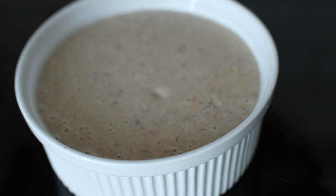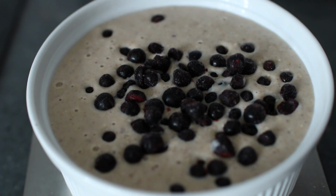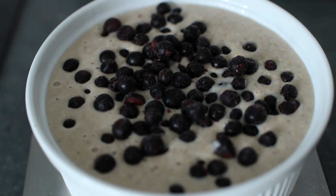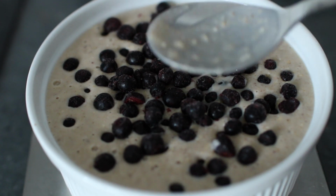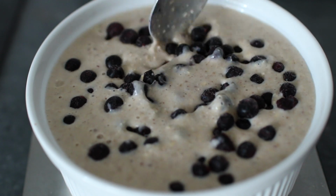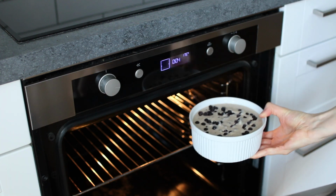I also added frozen blueberries. You really want to add berries or maybe apples because it will just taste so much better if you do, and also add polyphenols, vitamins, and minerals. And fiber, of course. I put this in the oven and my intention was to bake it for 20 minutes,